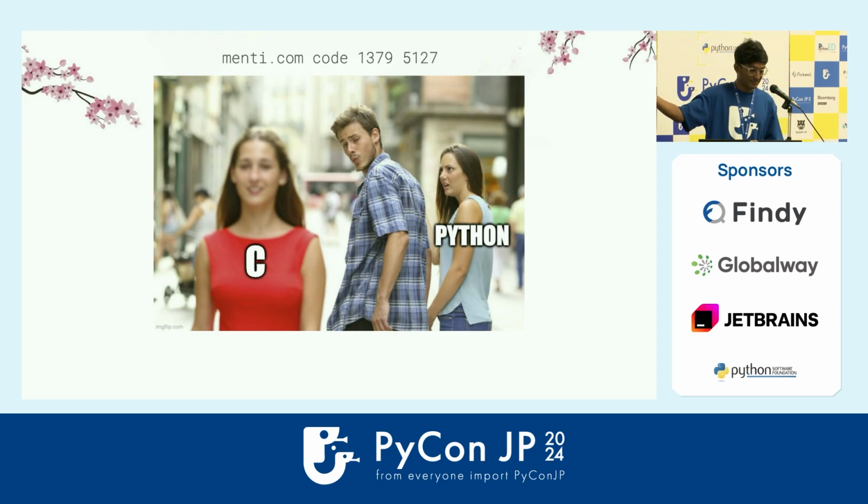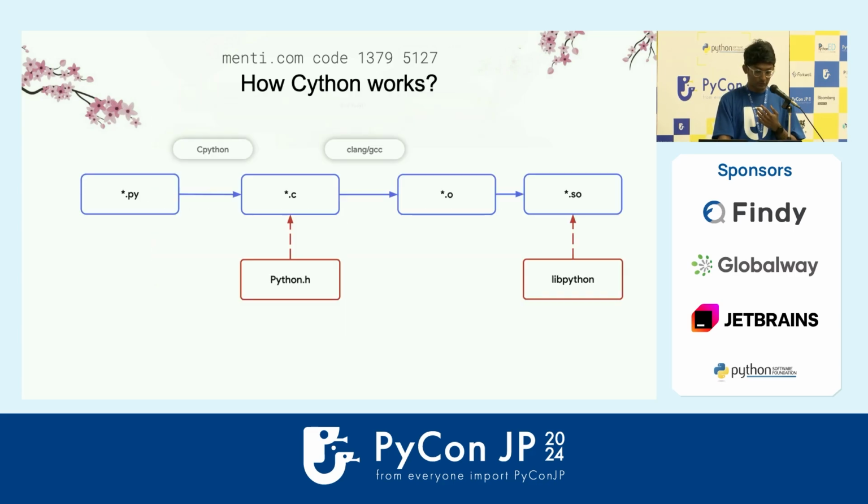This is exactly what happens in a Python developer's mind, because once you are in the Python ecosystem, you still want to read the code, but you want to leverage all the C power. Okay, so again, I read a lot about the processes, but let's try to understand it from a code standpoint. A .py file or .pyx file is compiled into .c, and then .c is converted to an object file, and then there is a shared object file, and we take that shared object inside our Python code.